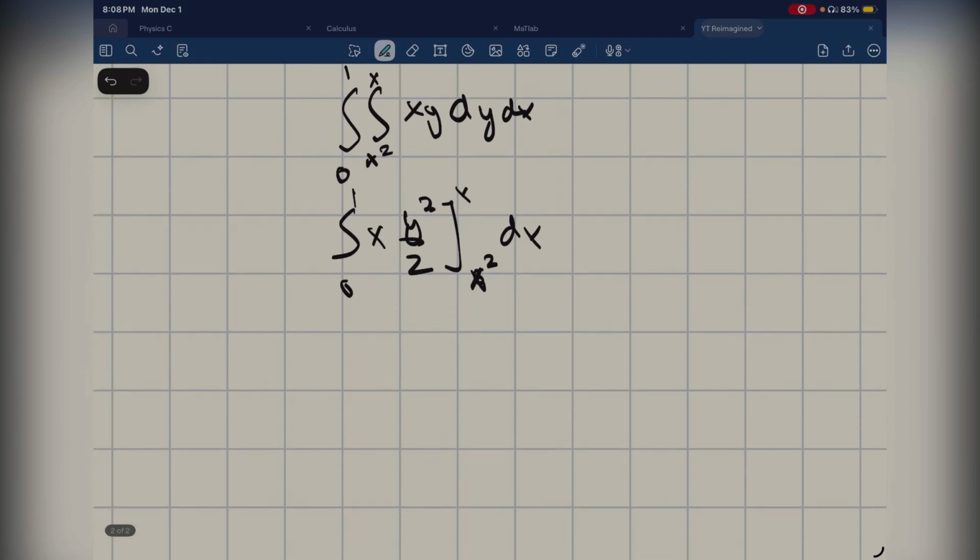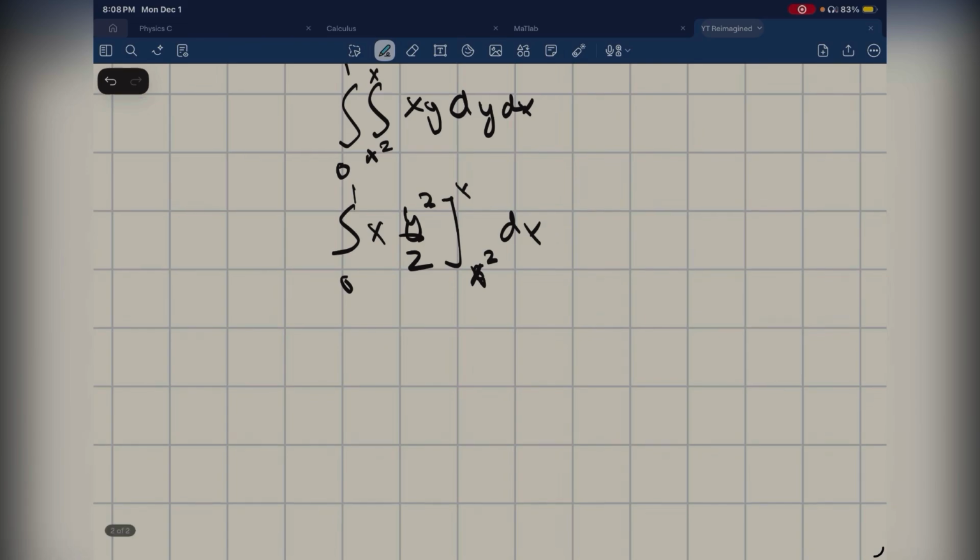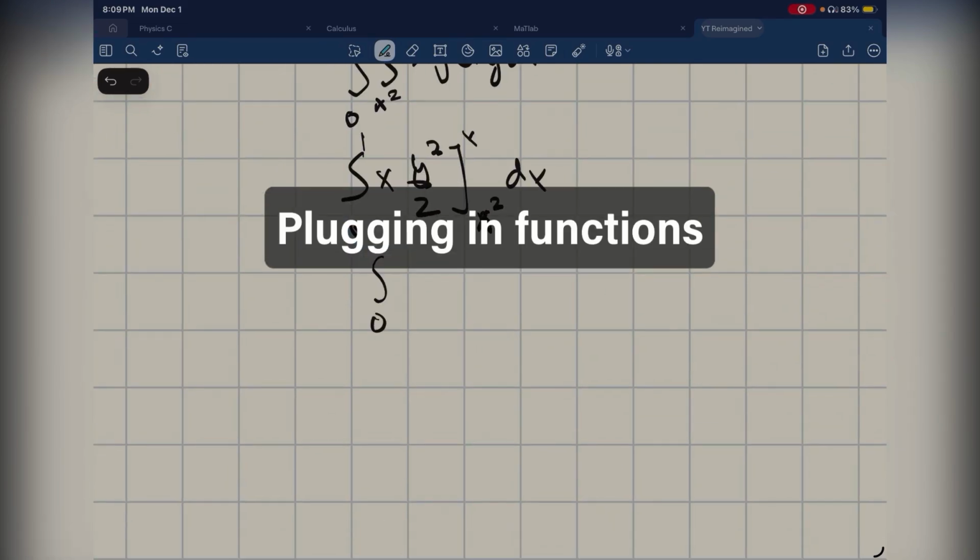So what we're going to do is treat x like a constant. Remember, in this case the function variable is y, so we're going to plug into y's only. So we're going to have 0 to 1, minus